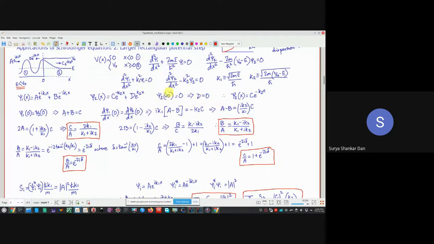So psi at infinity will become 0. That means the probability of finding the carrier or the free particle very far away from the interesting part of this junction is impossible to be infinity. That's why if psi at infinity is equal to 0, look, e to the power of minus infinity is becoming 0. So irrespective of the value of C, this is anyway going to be 0 because of e to the power of minus infinity.